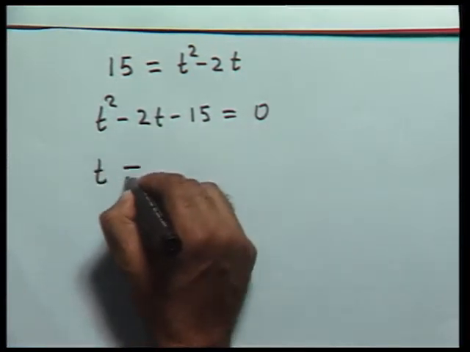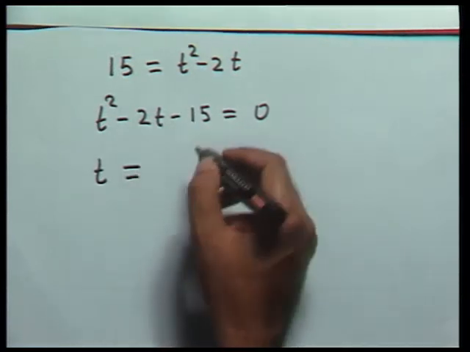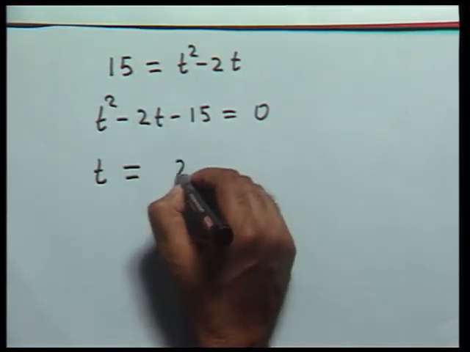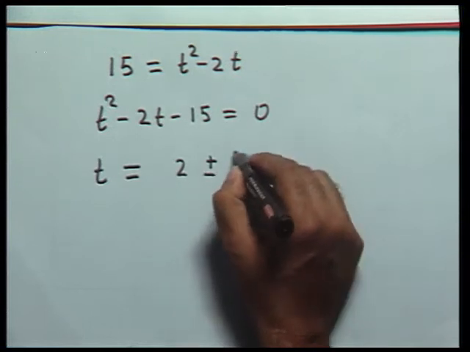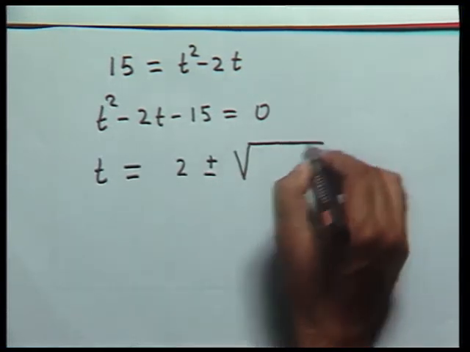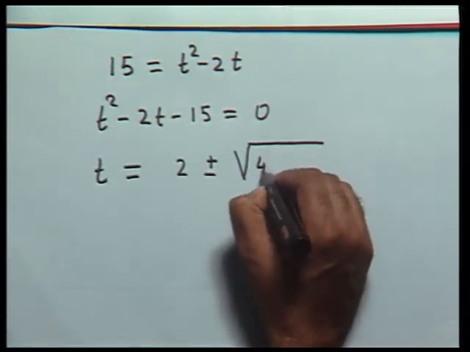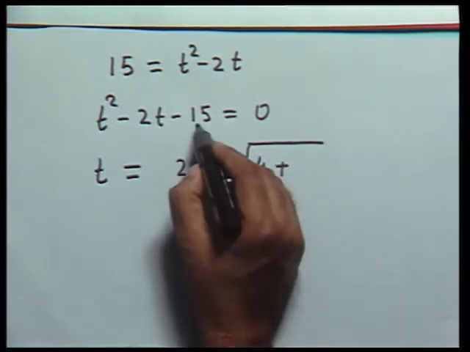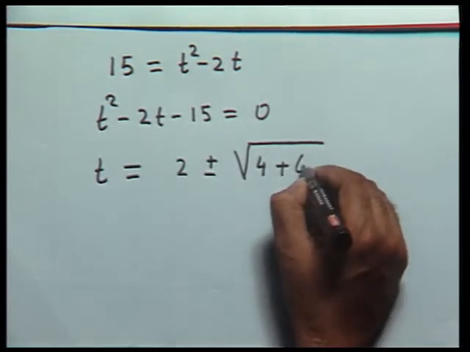That gives me t, solving the quadratic, t is equal to 2 plus minus under root b squared, that is just 4, plus 4ac, 15 into 4, that is 60,